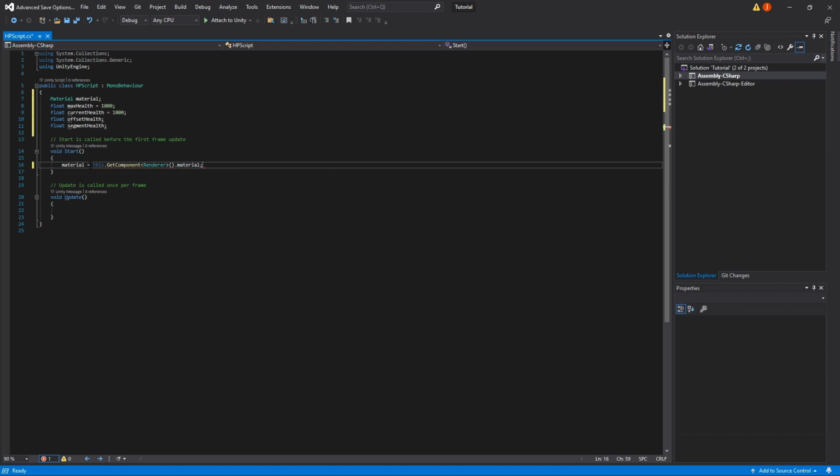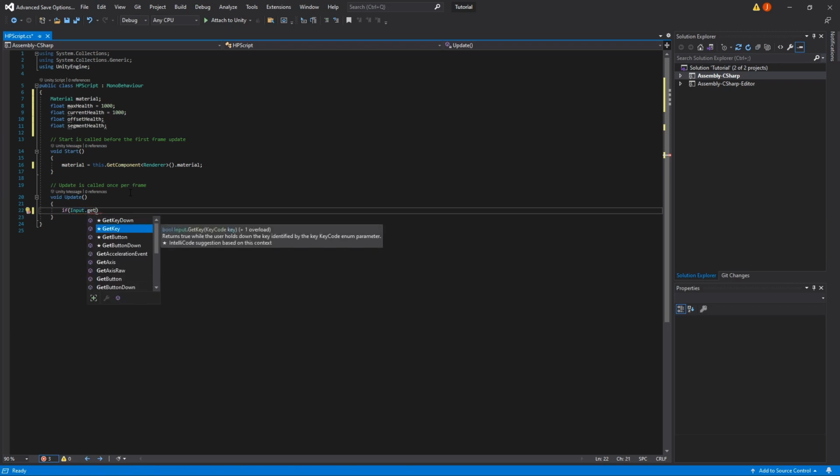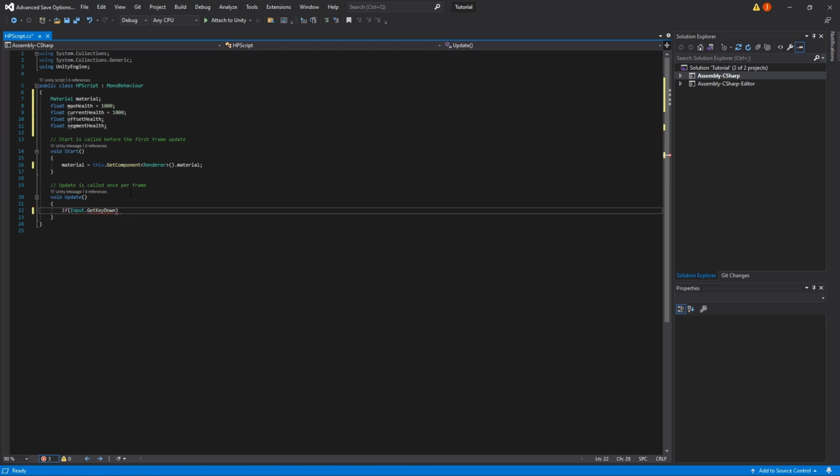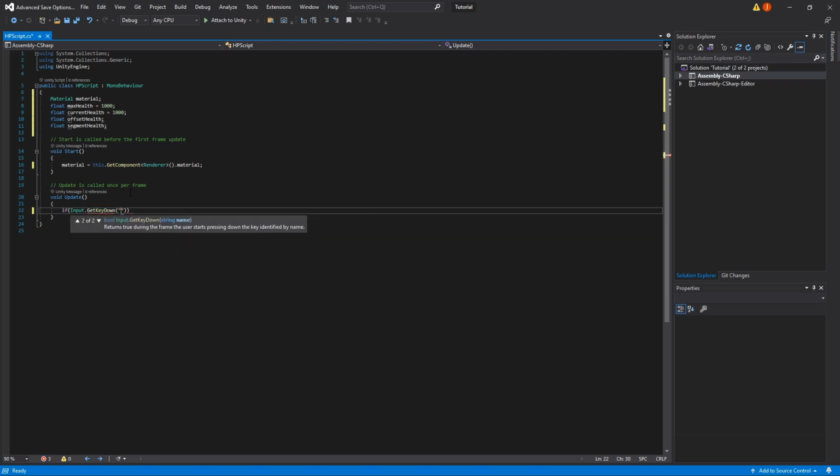It's important to note that the get component function is pretty expensive, so what we'll need to make sure is this is going in start and not update, so it's not being called once a frame. Once we've done this, we can just put an if input. And what I'm just doing here is getting a key press that we can use just to activate the code. So here we'll just do B,